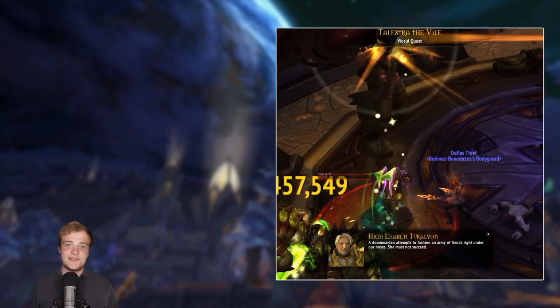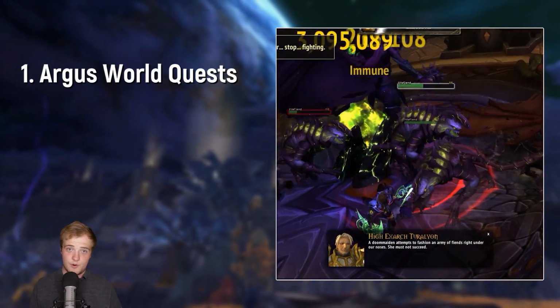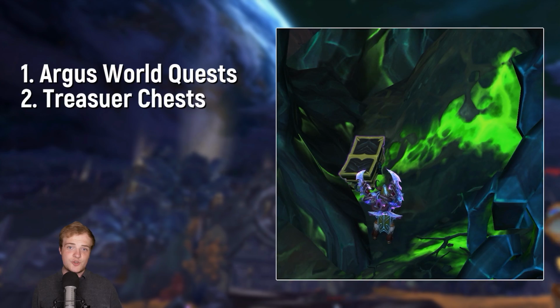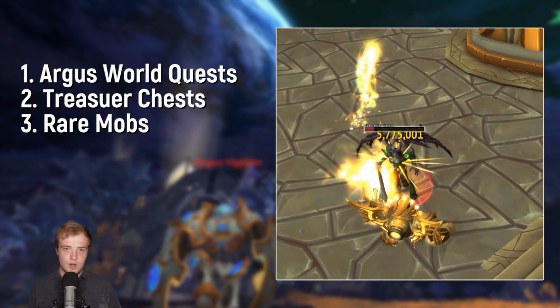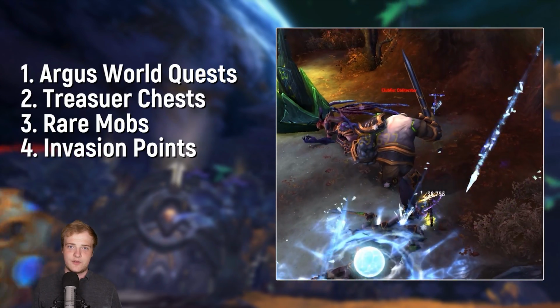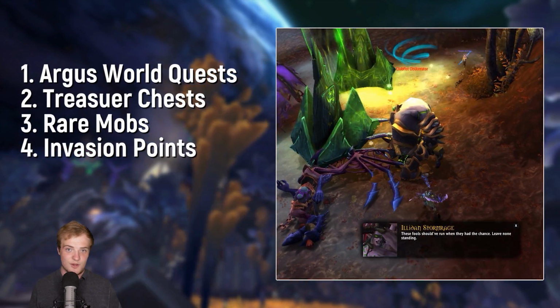Getting Veiled Argonite is simple enough. First, it will drop from some Argus World Quests, so it's totally worth doing those. They are also found in treasure chests around Argus, as well as the corpses of Argus rare mobs. Then regular invasion points, another very dependable way to get Veiled Argonite, so do those as they spawn in